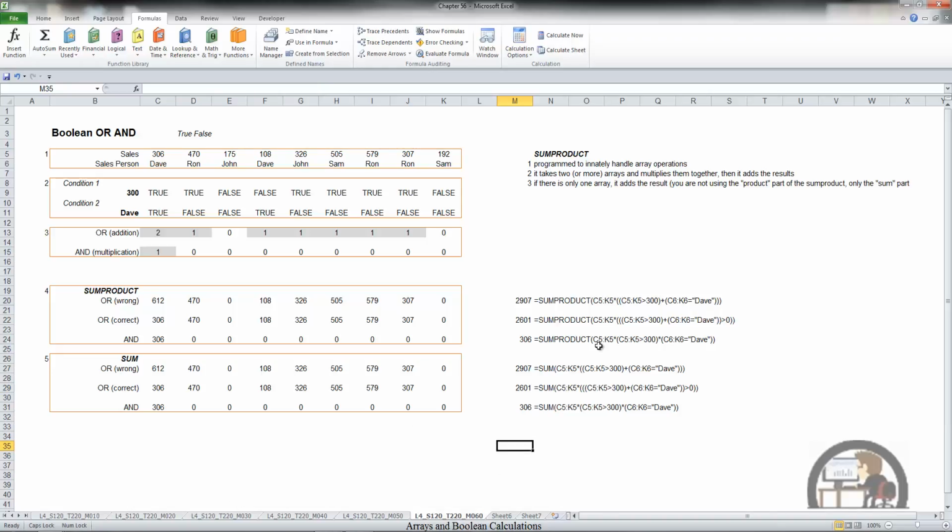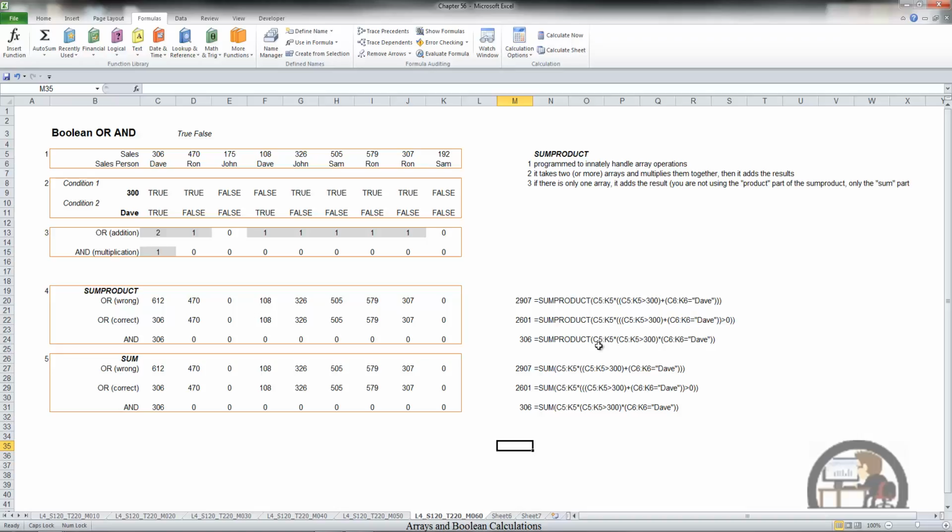So that's the Boolean data type, looking at applying that in an AND/OR conditional structure. We looked at some data and we applied some formulas to generate a Boolean array that equals either true or false. And then we added together those results so that we had an OR situation that we were analyzing, and we multiplied those results together to measure whether we had an AND situation where all of the conditions applied. And then we used the SUMPRODUCT function